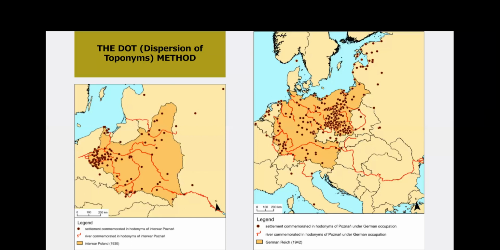And on the right, by contrast, you can see the cityscape of towns and cities referenced in the topohodonyms present in Poznan shortly before the end of the Nazi German occupation of Poland in 1940s. There were jointly 286 topohodonyms, which is over twice as many as in the pre-war city. This is explainable because over the 6 years of occupation, Germans marked out many new streets and roads, and they